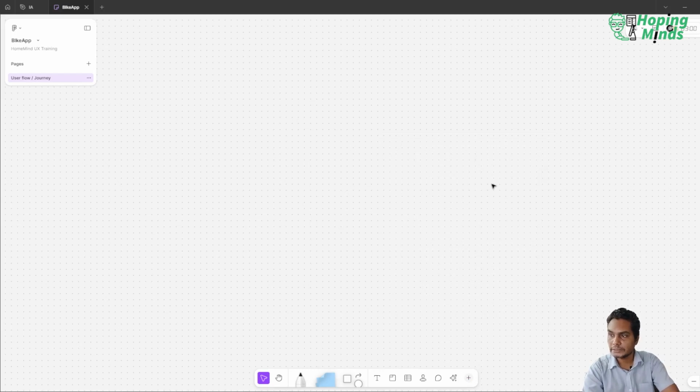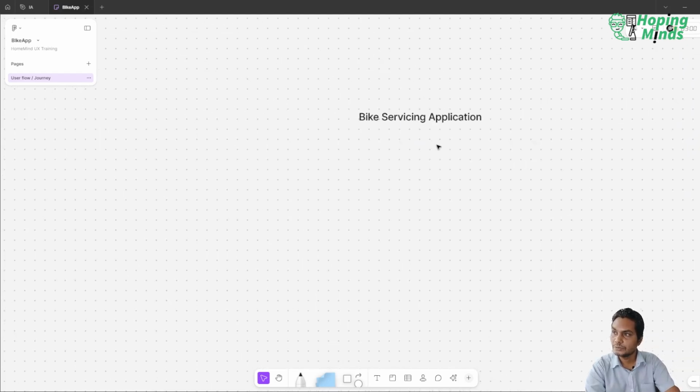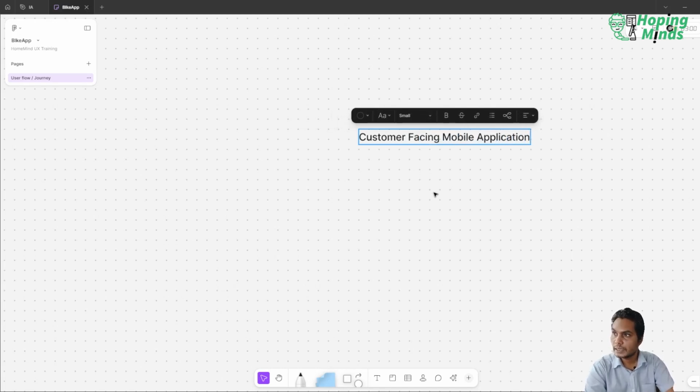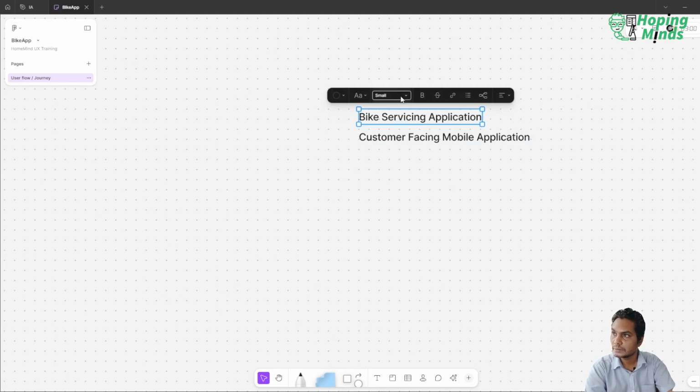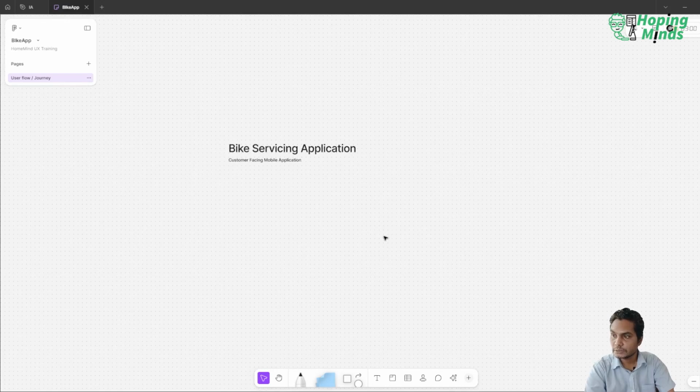Now let's go ahead and start creating our user journey for bike servicing application. So let's define it first. Bike servicing application, and who is my user? User, let's say customer facing application, mobile application, and we can make this small, maybe big, and this can be small, and we can put this entire thing in a section,